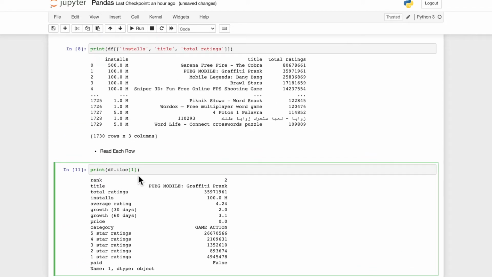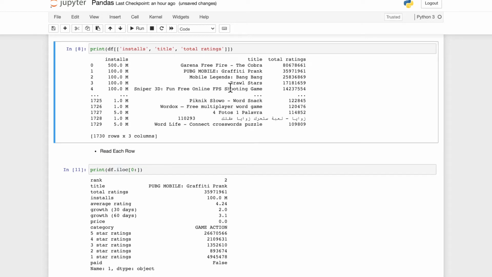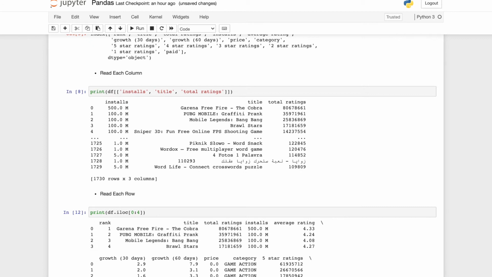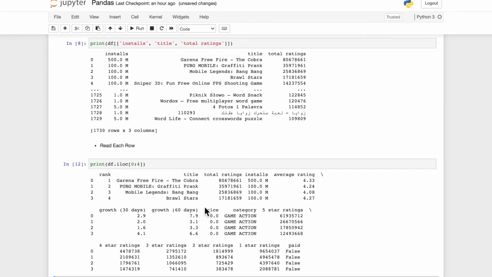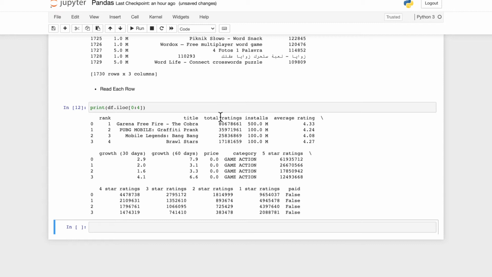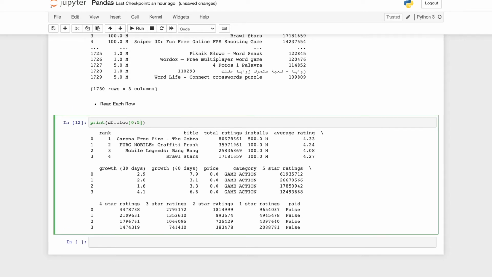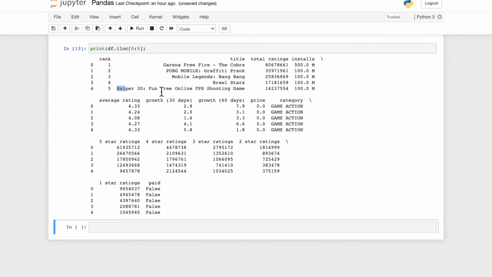Now if you want to specify a range, like from Free Fire to Mobile Legends or Brawl Stars, okay, let's take Sniper 3D here. This first 4. So specify the lower bound, which here is 0, and specify the upper bound, which is 4. Let's specify 0 and 4. Run this, and here you'll get PUBG's report, Free Fire's, Mobile Legends, Brawl Stars, and again it's up to and excluding. So if you give 0 to 5, then you're going to get Sniper 3D as well,